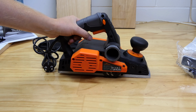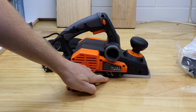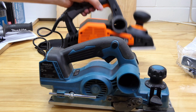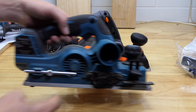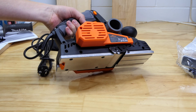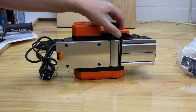But the main reason I got this planer is because of this feature down here. Very similar to the Makita, if you have seen this one. This is also 3mm depth of cut. This also has the dust coming out both sides, although much bigger than this Topshak one. And it also has this feature. Makita has, however, managed to keep the motor inside the tool, so it's not jutting out the side like this one is. But it shouldn't be a problem with what I'm trying to do with it, and that is shave